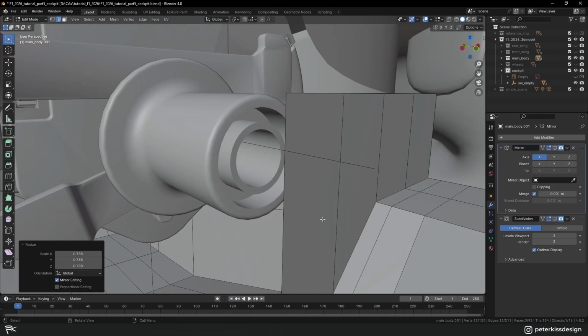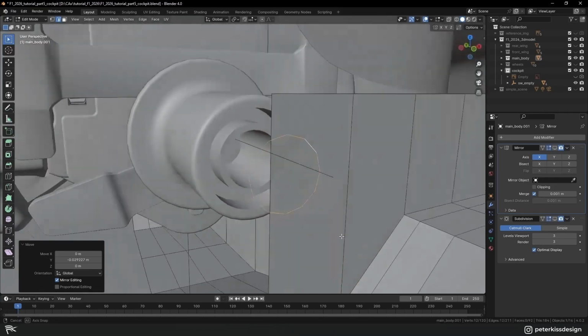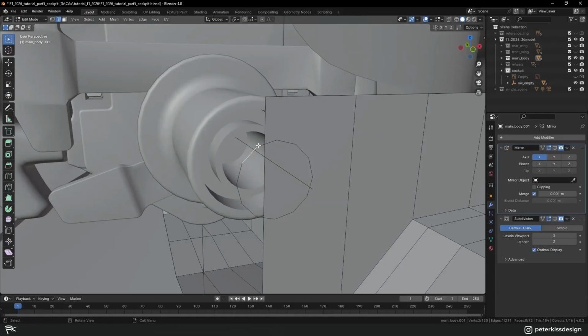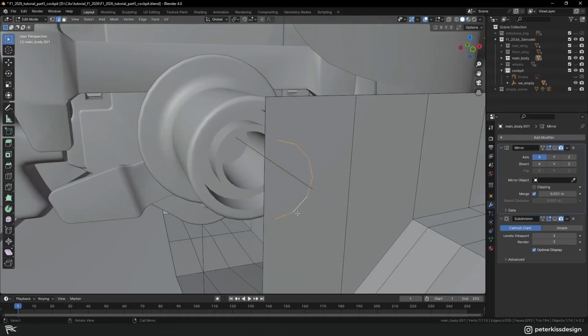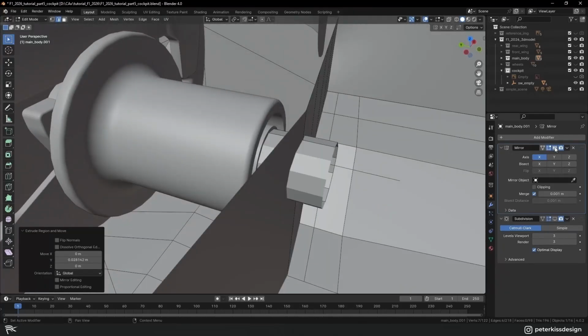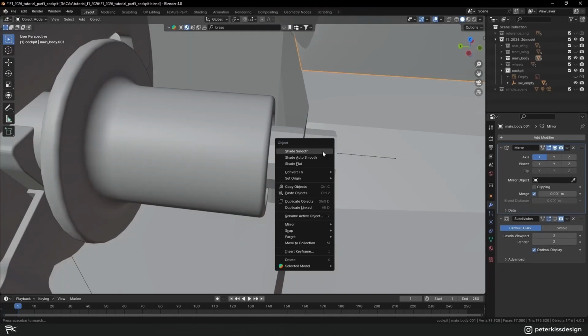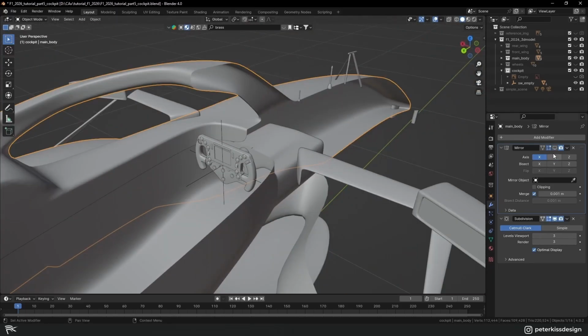Try to match that steering rod and then move it out in the Y. Delete half of it and extrude it in Y. Make sure you delete only edges, not the vertices. Turn on the subdivision and mirror modifier, go to object mode, shade smooth, and just like that we have this